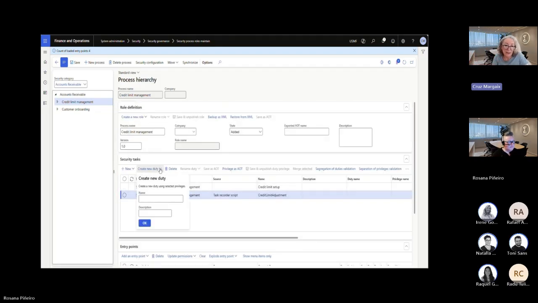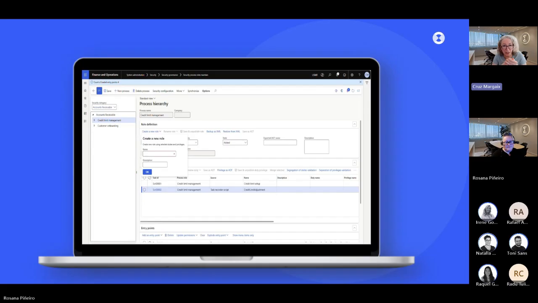So from the task now, I can create a duty, I can create a privilege, and from all the tasks and all these duties, I can also create a role. So this is a very interesting tool that has been introduced with the security governance module, which has to be enabled through feature management, and that allows us to configure security in a business process related way.